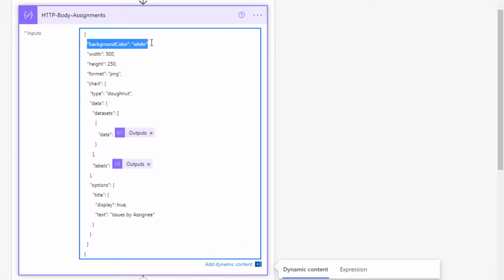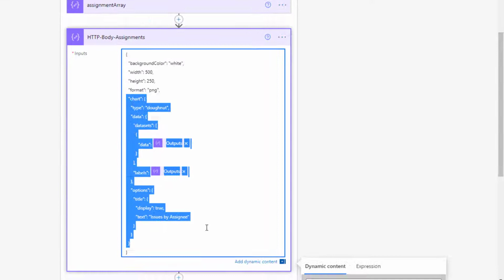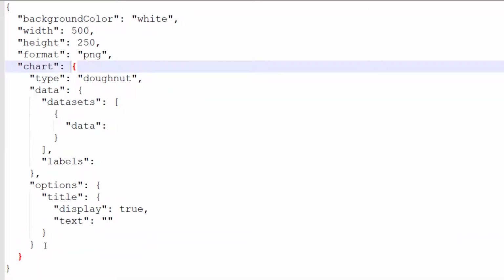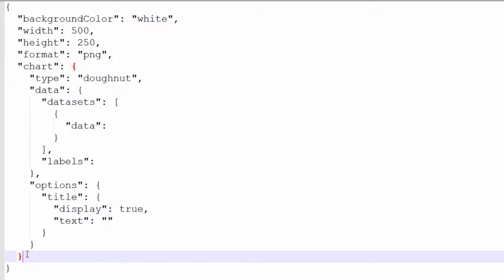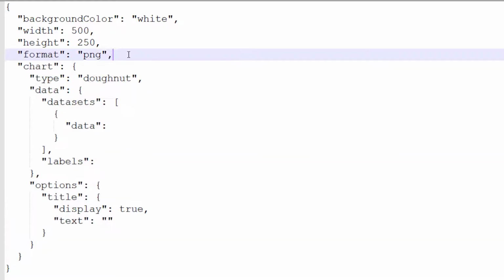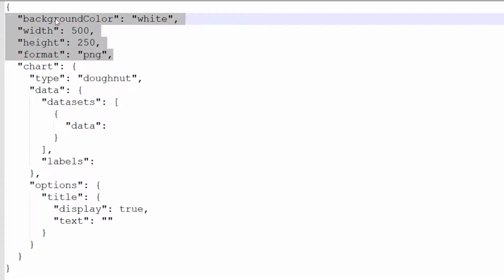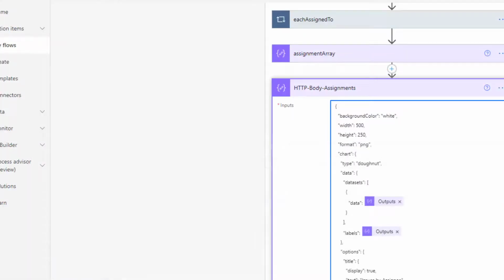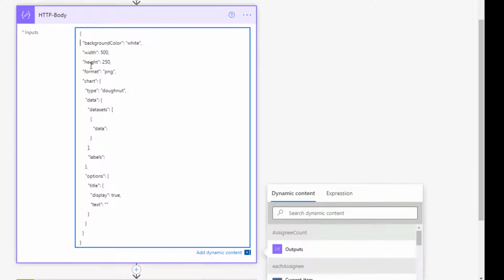So we've got our properties of the chart here, and then we get actually down to the chart here. If we look at it in Notepad, it'll be slightly easier to see. So from here to here is the actual properties of the chart, and here's some additional attributes: the background color, width, height, and format. So with that done, we need to put in our data.